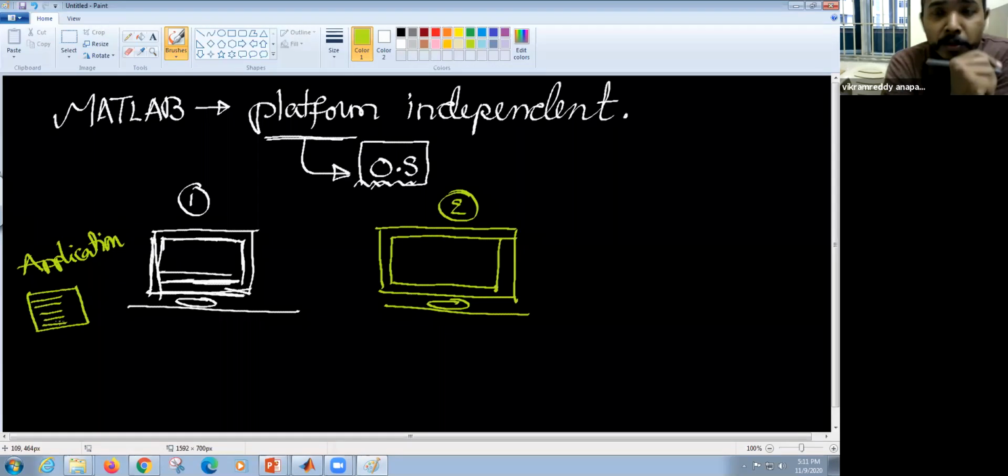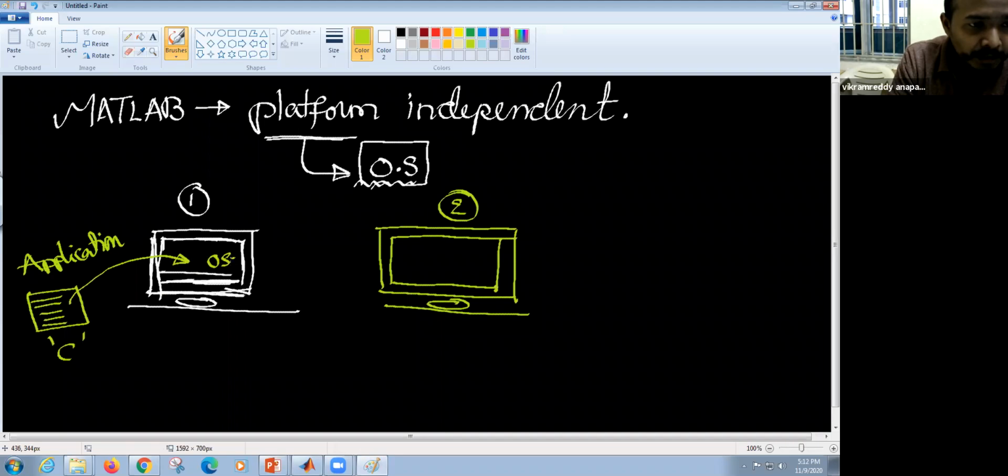Google relies completely on C language because C language is not that simple to hack. So Google depends on C language, but C language is not really interactive. If you develop this application with C language in this computer,